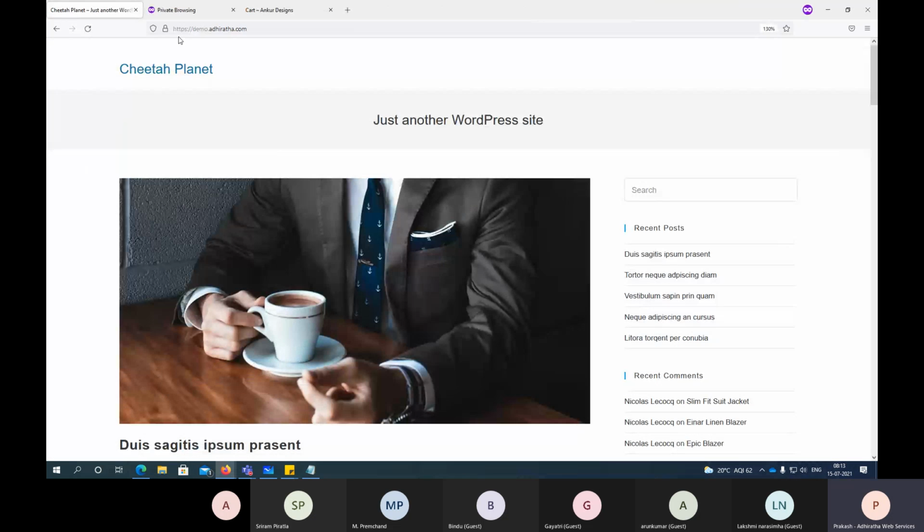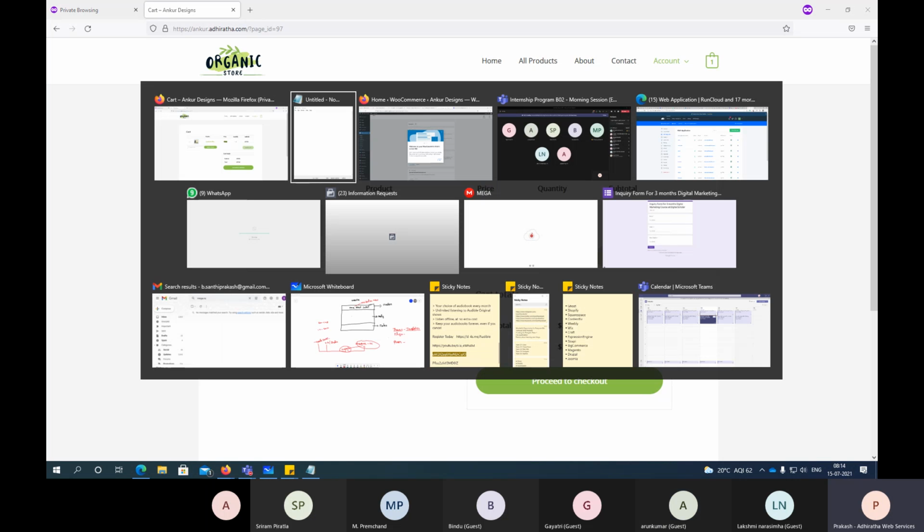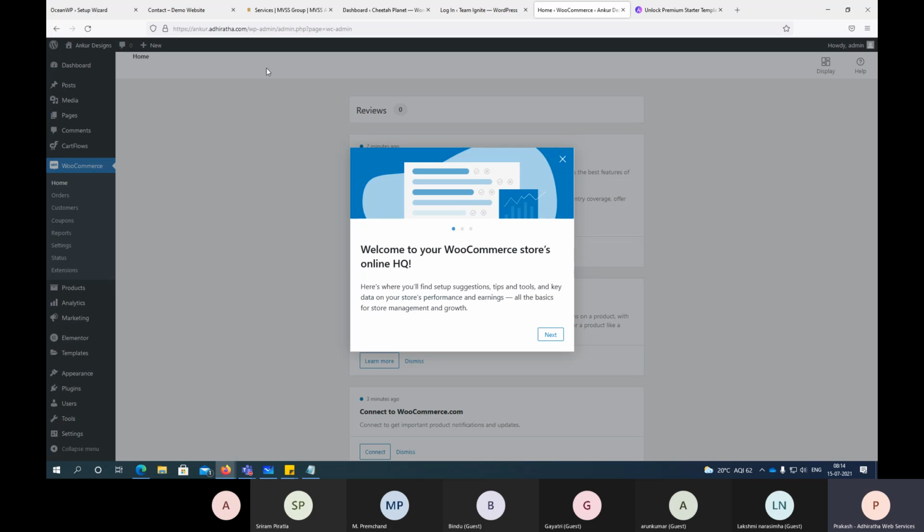Okay, when you're seeing the website, how much is it showing? What is the currency of it? $35. Right. But I'm sitting in India and trying to order that item. So it should be in what? It should be in Rupee, INR, right? Yeah.